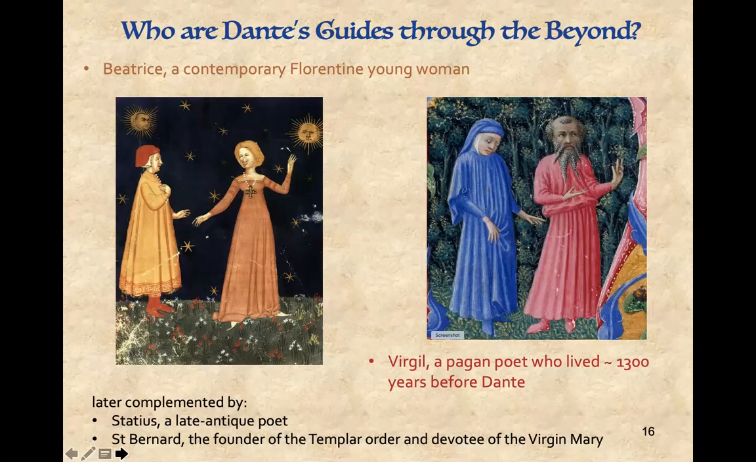I had two guides. One of them was Beatrice, whom we know to be a contemporary Florentine young woman who died too young, certainly. And the other one, whom she summoned from limbo, is a pagan poet who lived about 1300 years before Dante. Now, these two guides will be complemented later on in Purgatorio and Paradiso by other